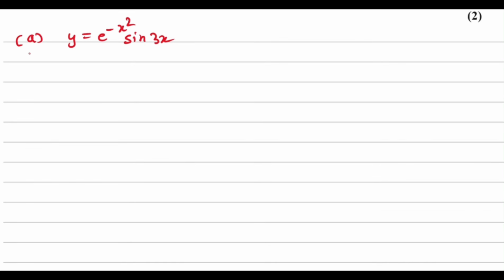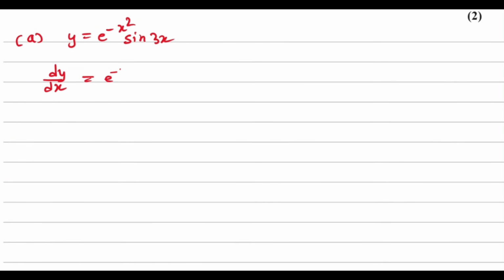Now we take the derivative. When taking the derivative, we can see that this function cannot be simplified into simpler terms or algebraic powers. That's why we have to use the product rule to differentiate this. Using the product rule,